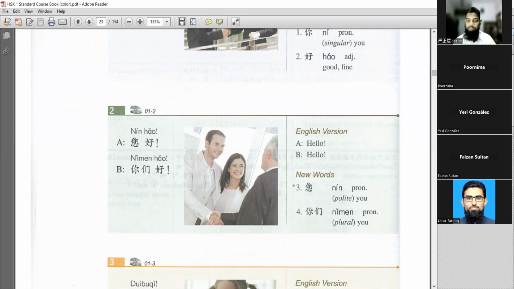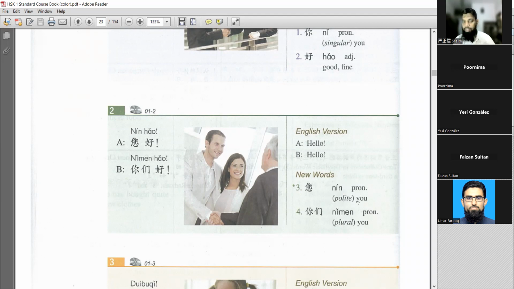So this is again a pronoun, and in English we just have a single "you" for an elder person. For a younger person, we just use a single word, that is "you". But in Chinese, for different second persons, we use different words. For a singular person, we use ni. For an older person, we use nin. For an older or respectable person, we use nin in the polite way, so that you could give